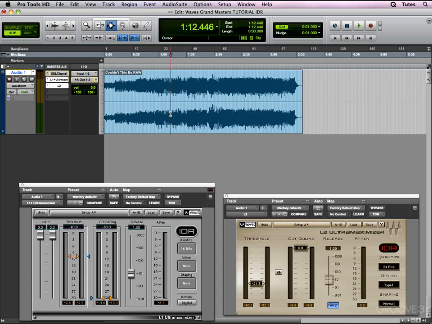Now, IDR is an anagram for increased digital resolution and is simply Waves' term for dithering and noise shaping, the two processes inside the requantizing module. Now, by requantizing, we're talking about when we lower the bit depth of a file. And this process should be applied every time you lower the bit depth of your file. And that's generally going to be the case when you're outputting a 16-bit file for CD or video or whatever